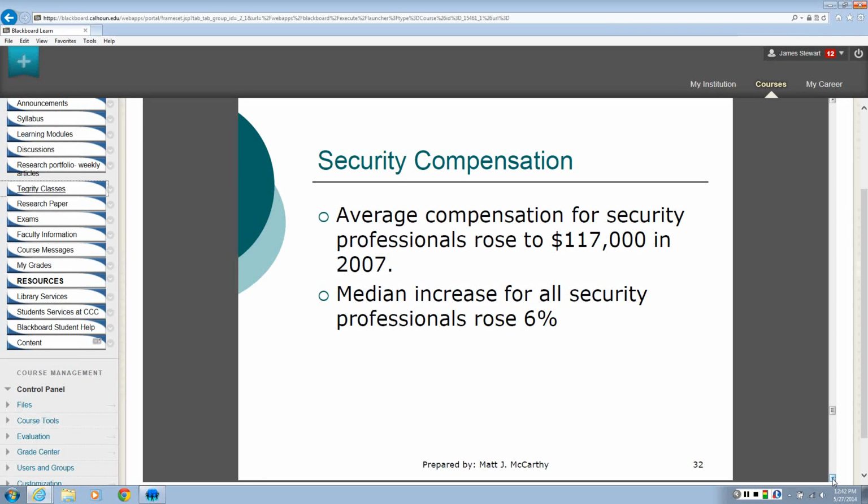However, if you want to move up in the field, then you probably need to get some education. You need to get some experience under your belt, and it is not uncommon for facility security officers here in the Huntsville area for the defense contractors to make over $100,000 a year. So there are definitely some good paying jobs out there in security.